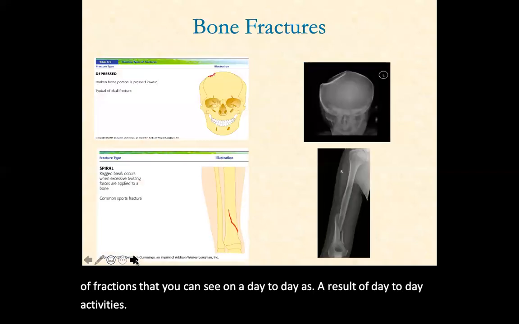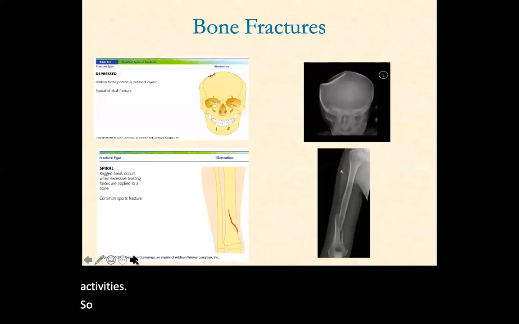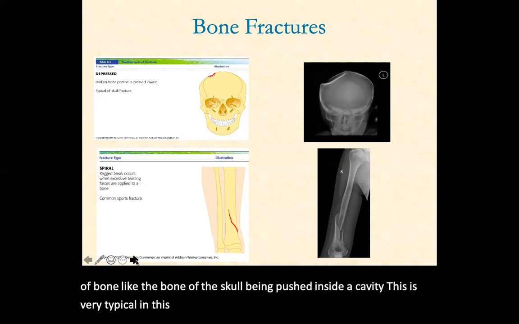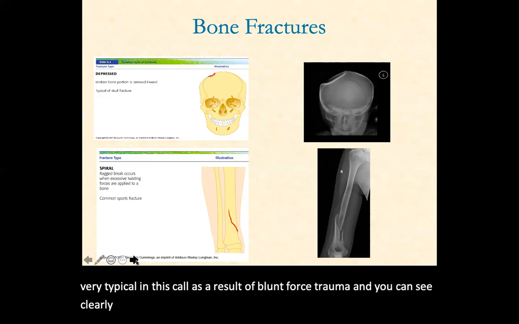So, depressed fracture. A depressed fracture is typically the result of a piece of bone, like the bone of the skull, being pushed inside a cavity. This is very typical in the skull as a result of blunt force trauma, and you can see it clearly on the X-ray, the very severe blunt force trauma that caused the depressed fracture in that